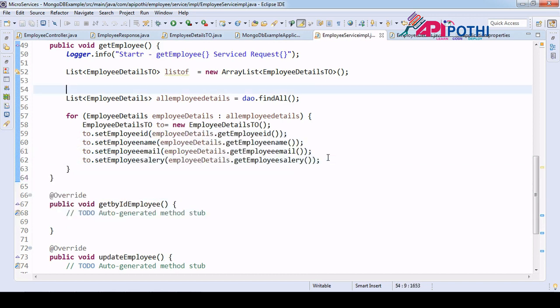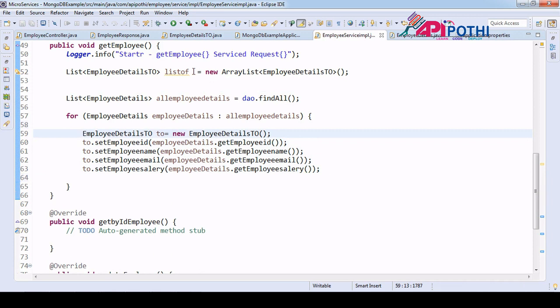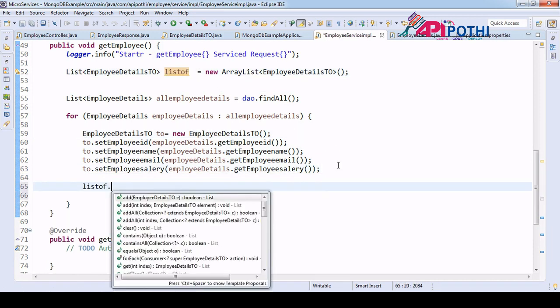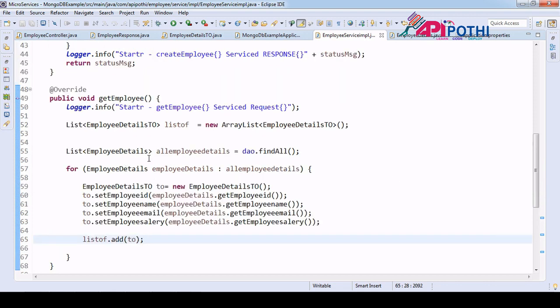As soon as we loaded the data, we need to add the object into the array list, so add, the TO object. Since we added, instead of returning void, we are going to return the